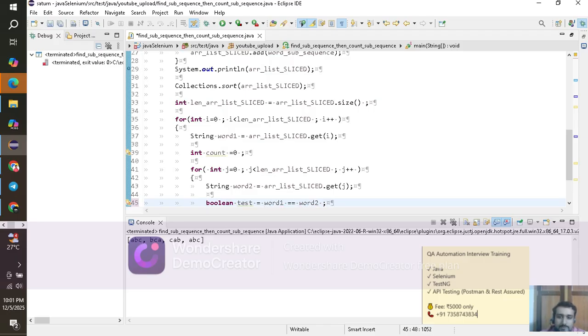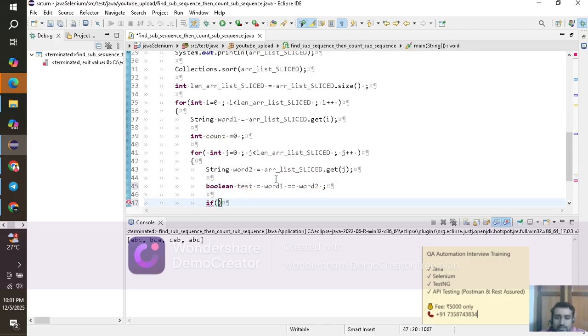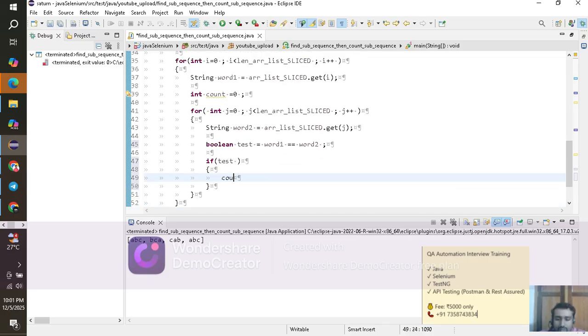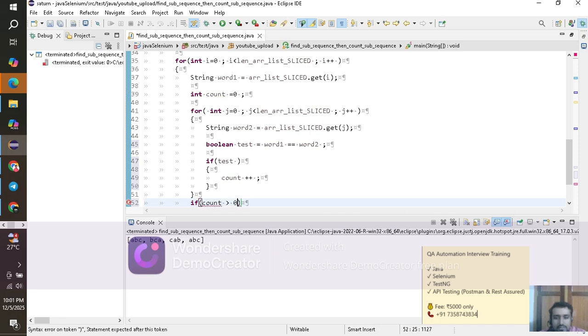So in the if logic I'm going to put test. If both words are equal then I need to count it. And out of this for loop, if count is greater than 0,